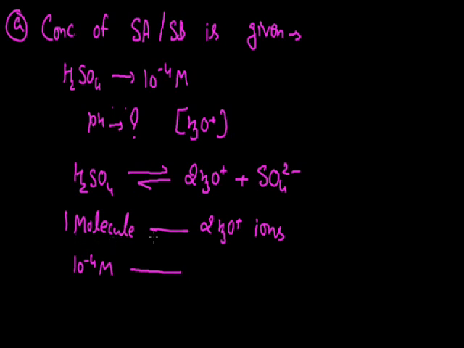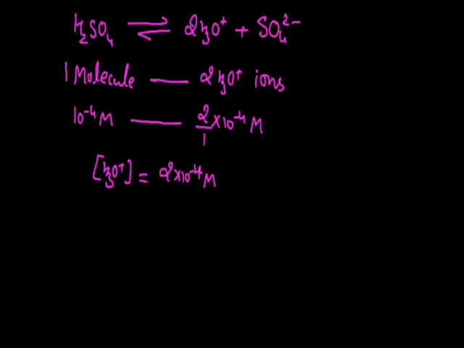Since from one molecule you get 2 hydronium ions, so from the concentration 10⁻⁴ M, the concentration of hydronium ion that you will be getting is 2 divided by 1 into 10⁻⁴ M. And the concentration of hydronium ion here is 2 into 10⁻⁴ M. Now, as we have the concentration of hydronium ion for the solution, we can use this concentration for the calculation of pH. Since pH is the negative logarithm of the concentration of hydronium ion, and the value is 2 into 10⁻⁴